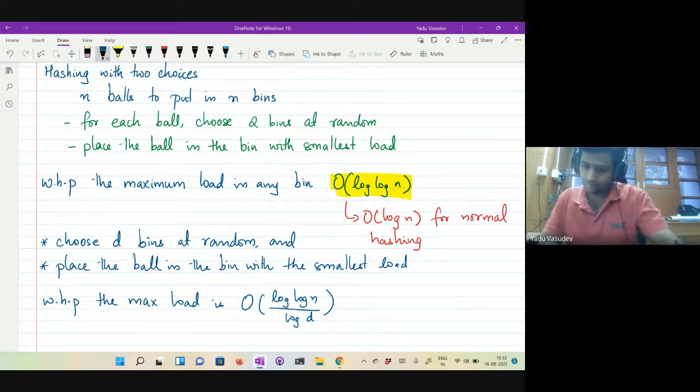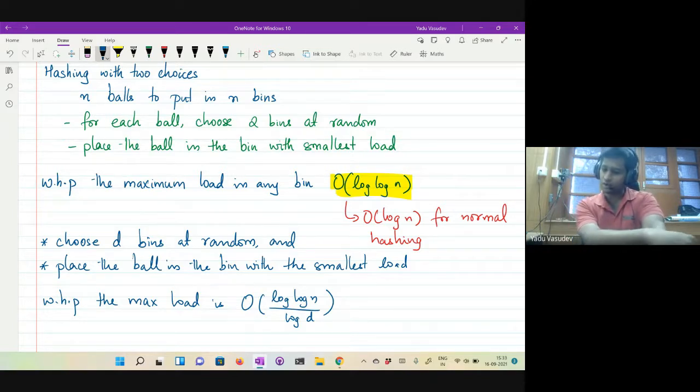There might be other terms as well. Let's say d is some constant for now, not for arbitrary n. If you're taking arbitrary n, then I don't know what it means to say that you're choosing. The analysis doesn't matter. If you're choosing n balls, then there's no randomness there. You're just finding the lowest bin and then placing it. I don't understand, isn't it?